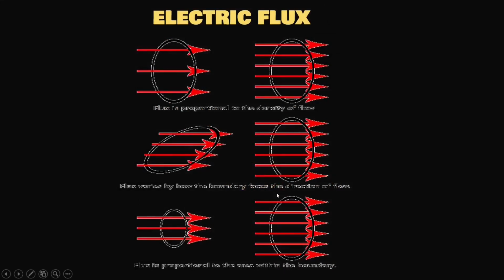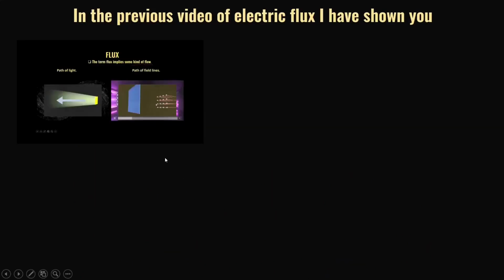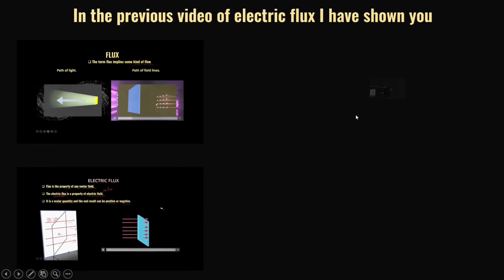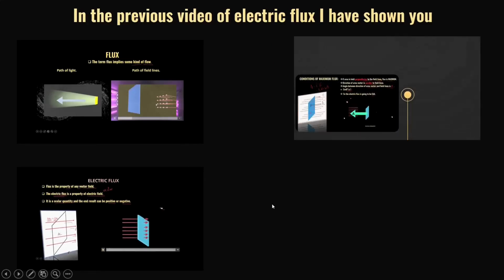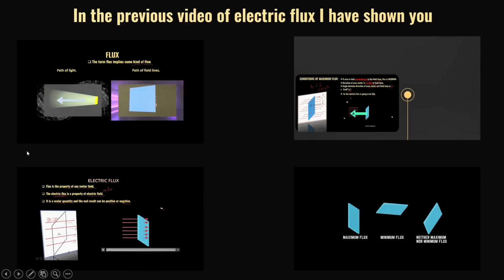Let's learn more about the topic electric flux. Previously also I have explained the topic. In my previous video I explained certain concepts of electric flux. Here I told you the analogy of flux, how to relate this with the path of light. Next I explained the theoretical derivation of the electric flux. Next I told you the certain conditions of maximum and minimum flux. Let us watch the first given surface area in a perpendicular direction; then those field lines will be called the electric flux, the flux passing through the given surface.